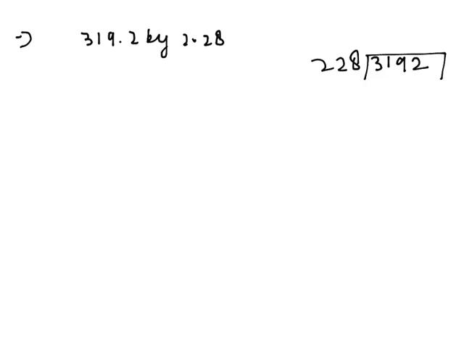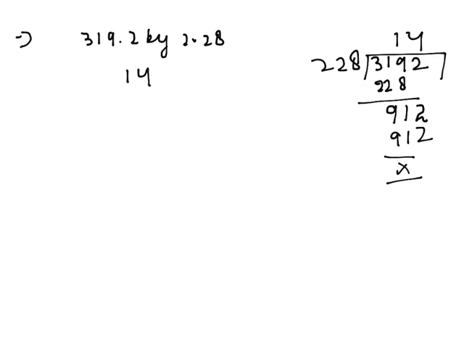Similarly, we have another example. We are dividing 319.2 by 2.28. So let's start by dividing the two whole numbers, 3192 and 228. We are not placing any decimal point while dividing. So we will just divide it. Here we will get 228, so I will be left with 11 minus 2 which will be 9. And we will copy 2 over here, and 228 times 4 will give us 912. So in that case our answer is 14.